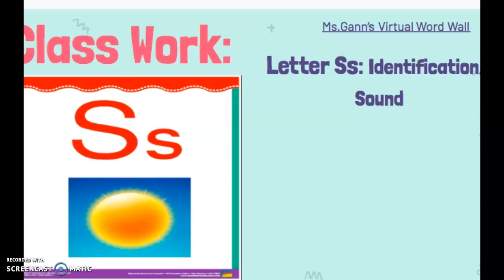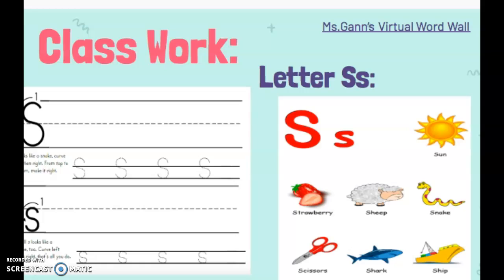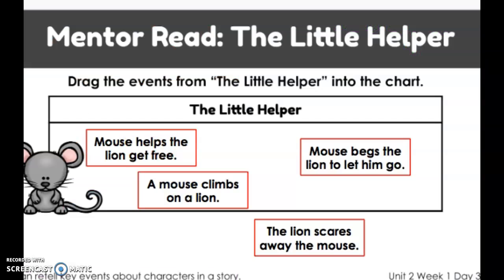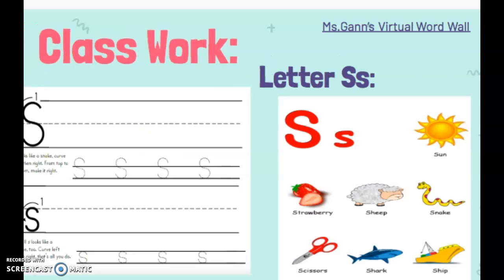We have also been working with the letter S. The letter S makes the sound S. So when we read our card, we have S, sun, S. Go ahead and practice skywriting your letter S. So you're going to stop at that top line, swoosh down, meet it in the middle, and then give it a tail. You're going to do the same motion for the lowercase s, except you're going to start on the dotted line.